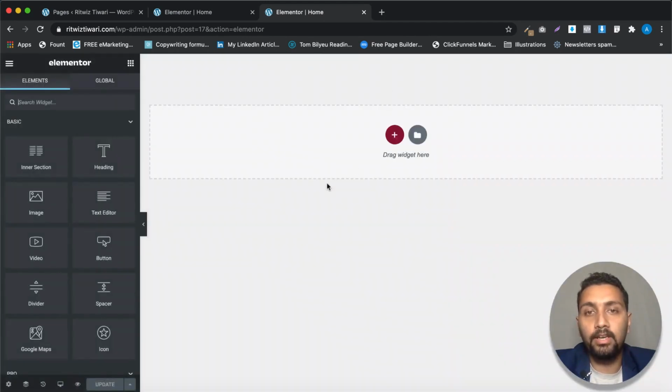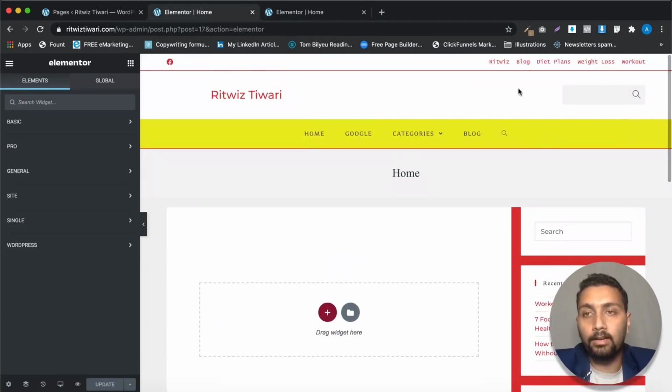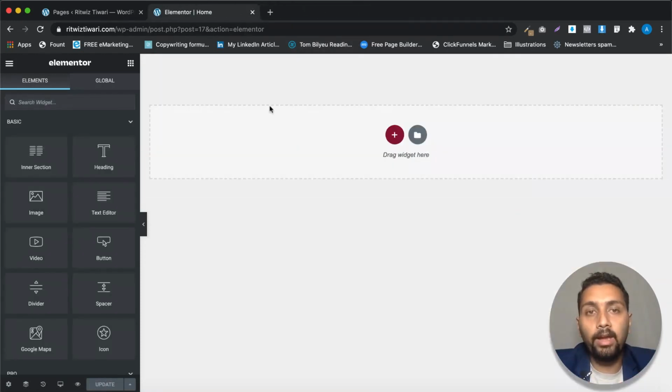All right, now you can see here, the entire area is mine. I can do anything on this area. You can see the difference now: the menu is not there and the sidebar is not there. So let's move ahead, and since we have gotten the template part out of the picture, let's talk about the hierarchy